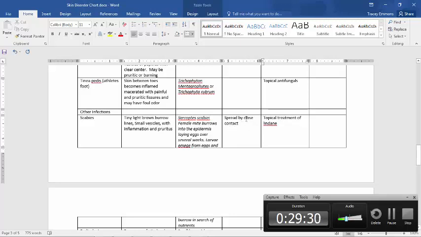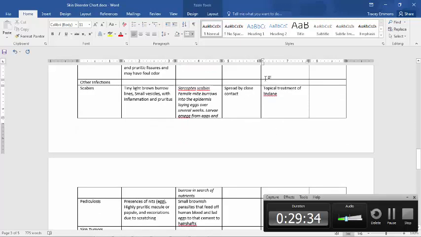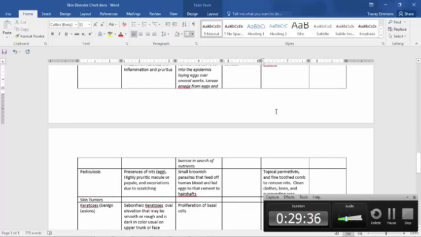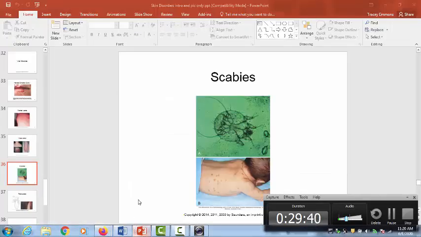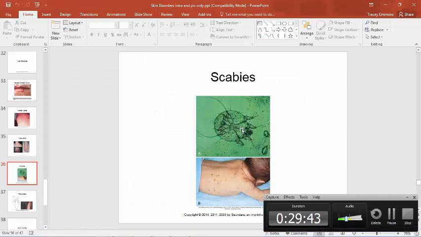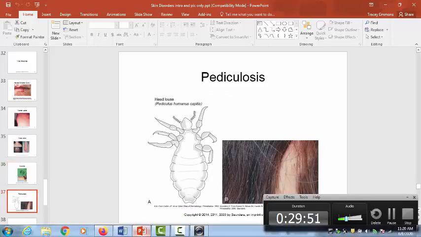That's the secondary thing. It's spread by close contact, and you can use topical treatment with lindane. So that's scabies. Let's look at the picture. It's a tiny little mite that lays eggs, and then the larvae burrow through the skin, causing the little lines. Then next up, we have